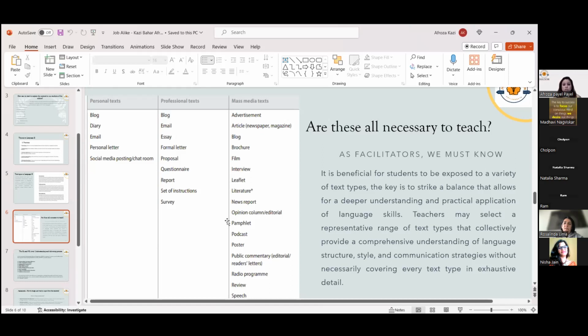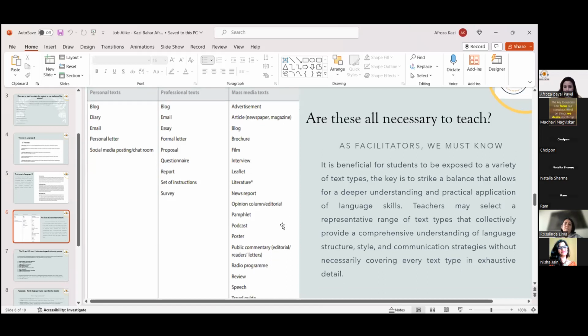And then moving on to the mass media text. This area is mostly my favorite. I don't know whether you all will agree or not. It is something that allows us to know a lot about what is happening around the world, because the article, if I move on to the article or the advertisement, I'm showing you one thing. If you allow me,